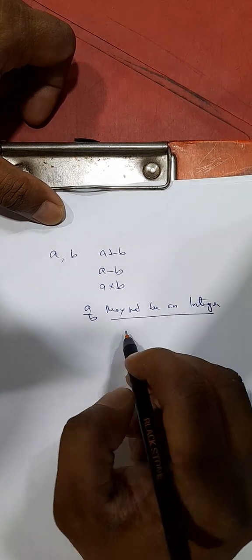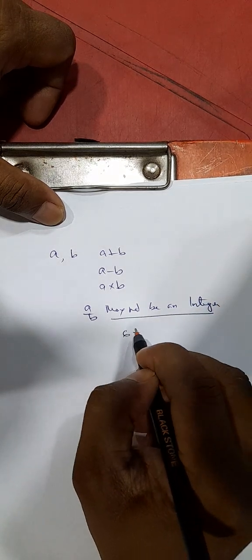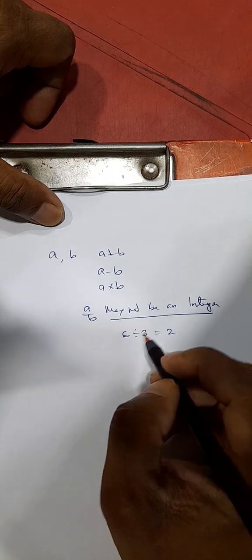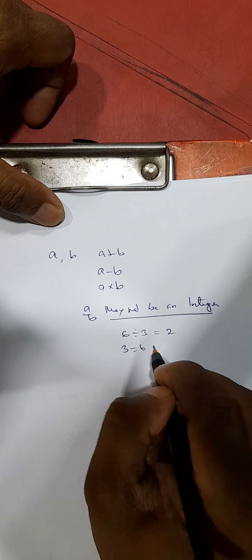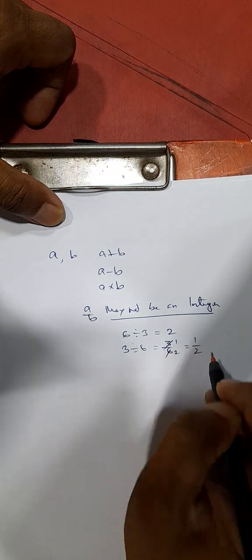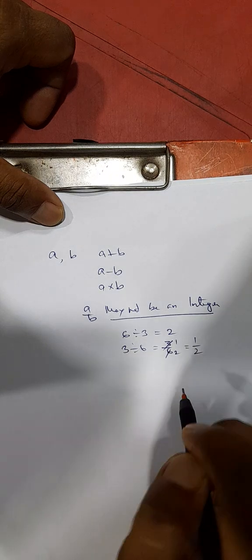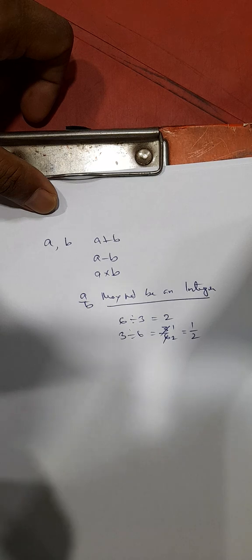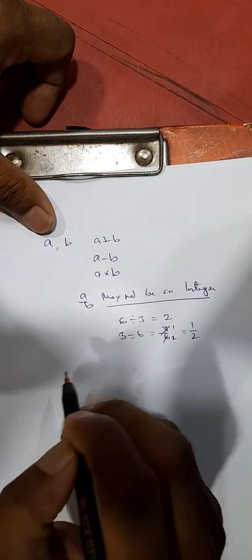We can give an example, say, 6 divided by 3 equal to 2. It's an integer, but 3 divided by 6 equal to 3 by 6. This is a fraction, so it's not an integer. Right. Again, we find that for any two integers,